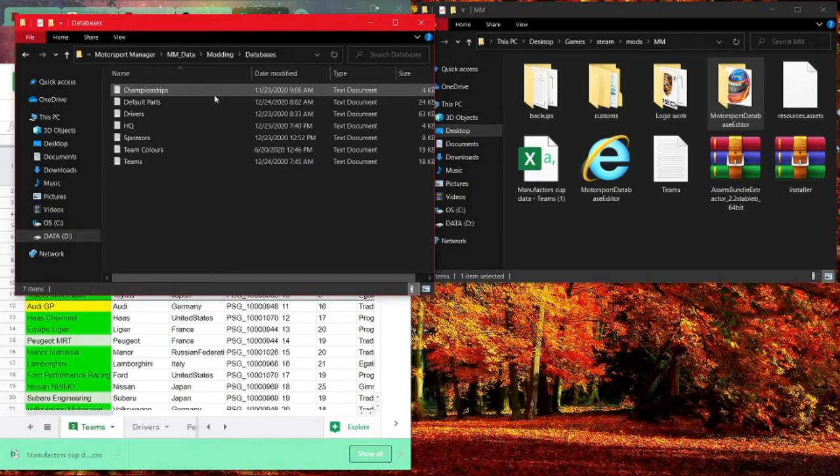If the file shows up, that means the game recognizes it, and then you can go back to the main menu, and then you can start a new career, and then select the slider to test your mods. If the game crashes, then that means something in the text file is incorrect, and you might need to fix something there. If the game loads up, then congratulations, you have successfully modded a file in a video game,